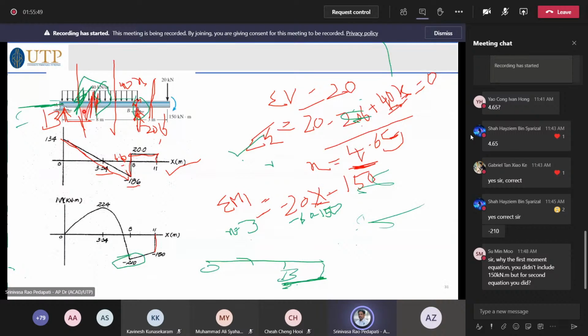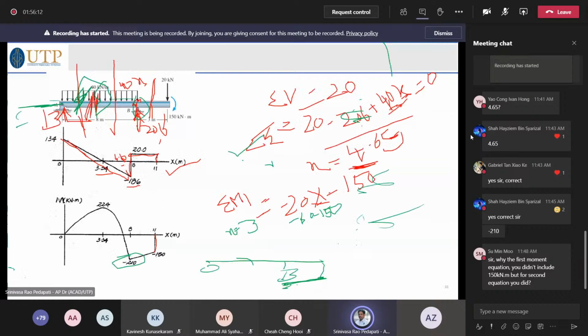At this point, RA times some value minus 40x into x by 2. 40x is the load, and x by 2 is the distance. So if you write the moment equation for the left hand side,